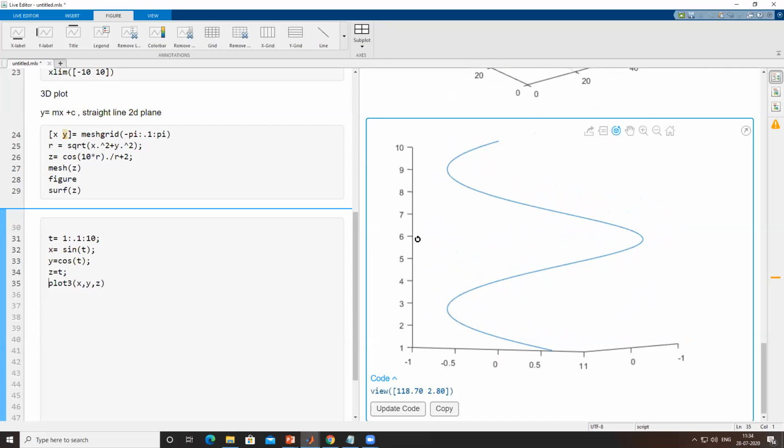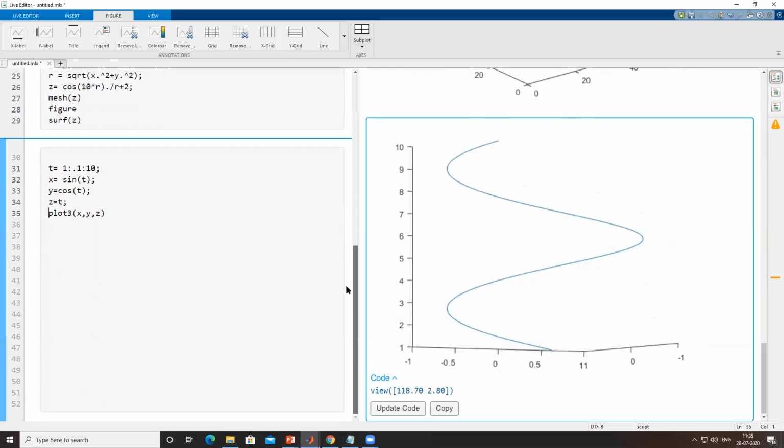Any doubt up to here in the data visualization part? As we have seen yesterday, we were using ezplot, but this session is different because the parameters we plot here, X and Y and Z, must have definite values, not expressions. If in your case it is holding some expression, better you go for ezplot rather than using the plot method. So this is the complete description.